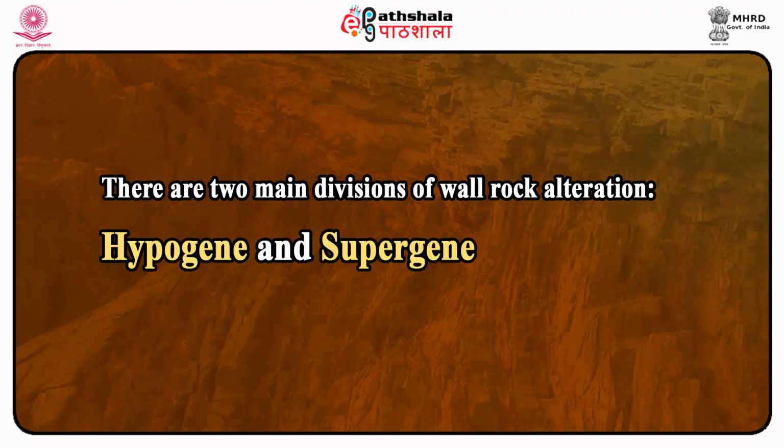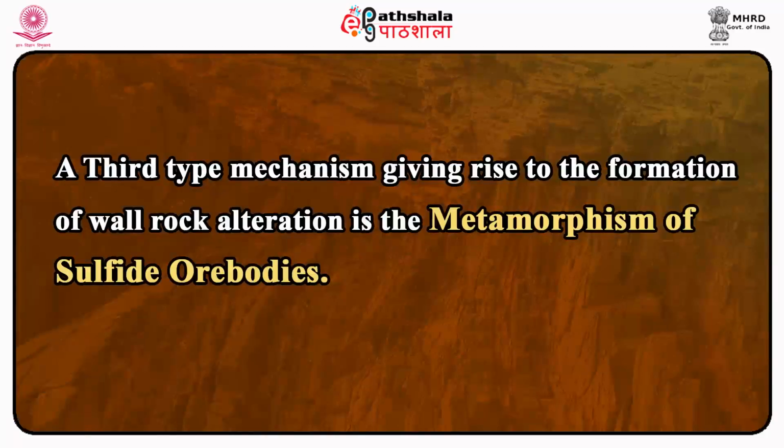There are two main divisions of wall rock alteration. They are hypogene and supergene. Hypogene alteration is caused by ascending hydrothermal solutions, and supergene alterations result from the descending meteoric water reacting with the previously mineralized ground. A third type of mechanism giving rise to the formation of wall rock alteration is the metamorphism of